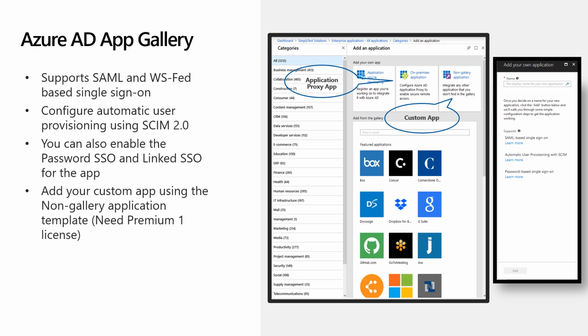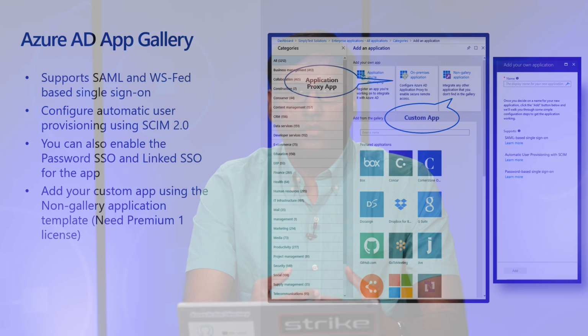So the Azure Active Directory App Gallery provides a set of templates for all the applications. And as I said, we have 3,000 plus applications and we are adding at least 30 applications a month. So we are going super fast and you'll be able to find the applications you need.